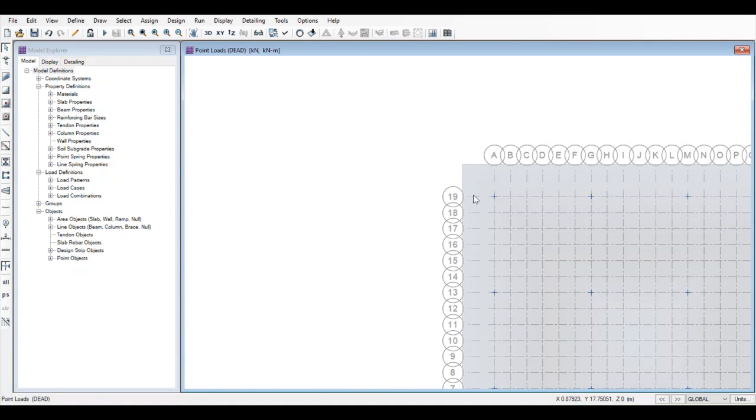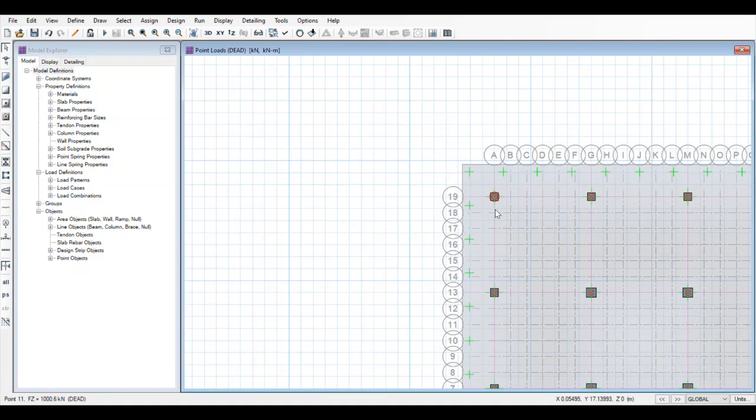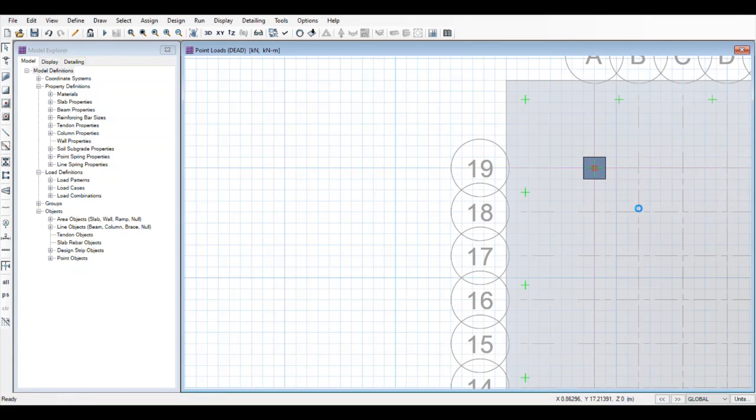Then after that, we'll have to assign the properties to the design strips. Select the strip. As you can see, after clicking upon it, one dialog box will appear.